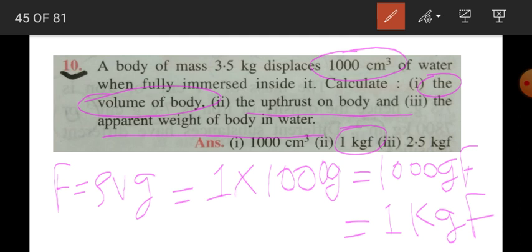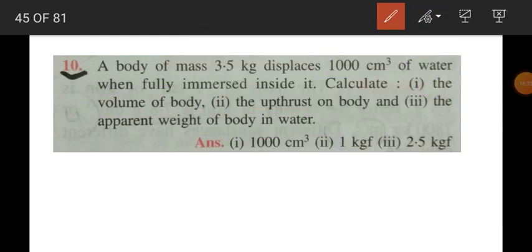But you know what, we have to calculate apparent weight as well. So we have got the up thrust, let's calculate the apparent weight. So let me erase this. I hope you understood the solution over there. I'm going pretty fast actually, because we have already solved this numerical during the lectures. So check this one. Now I need to calculate apparent weight. So I will use second formula.